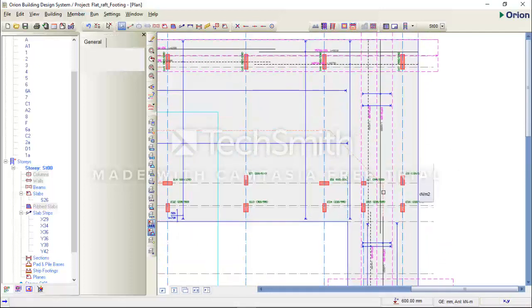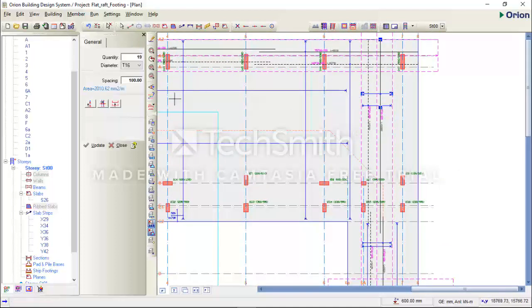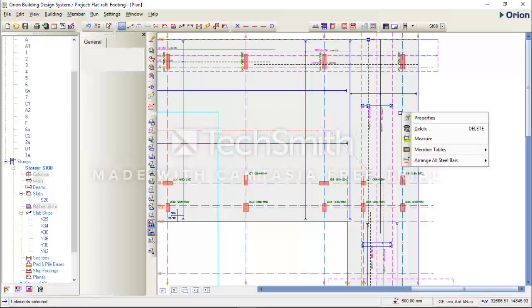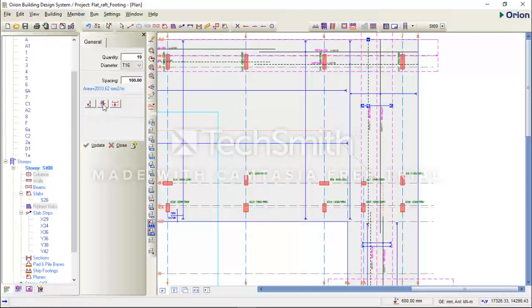So I'll just stretch the end of the dimension callout's property. Take this end to somewhere here, somewhere here. The other, I'll pick the other dimension. I'll remove it. The downside will be separate.